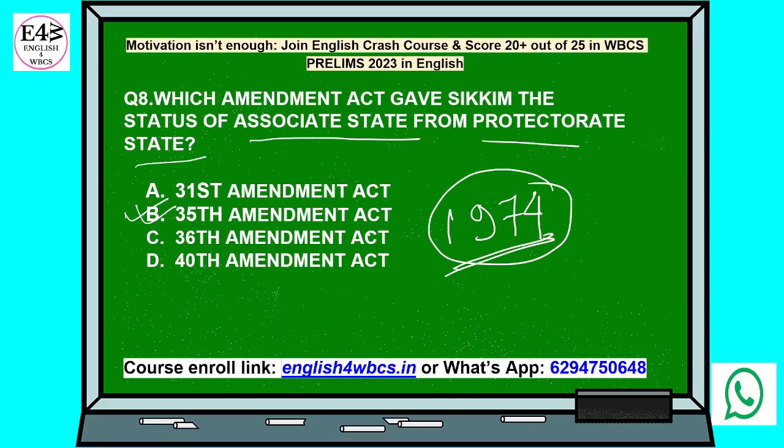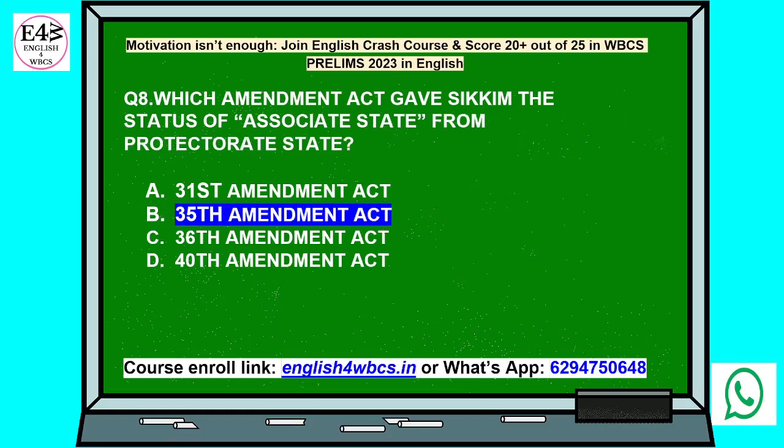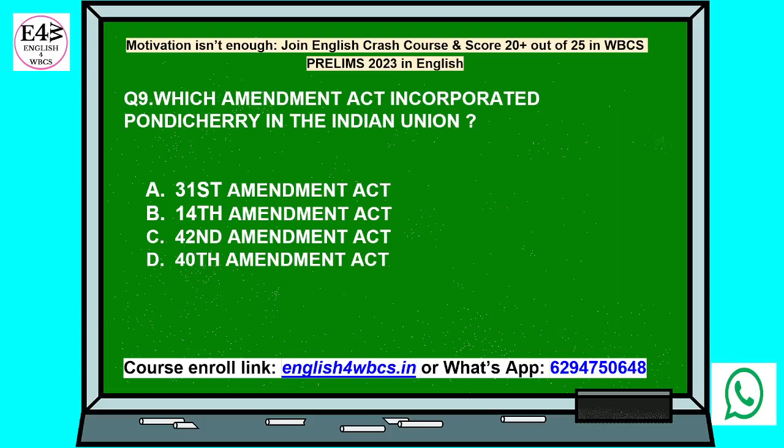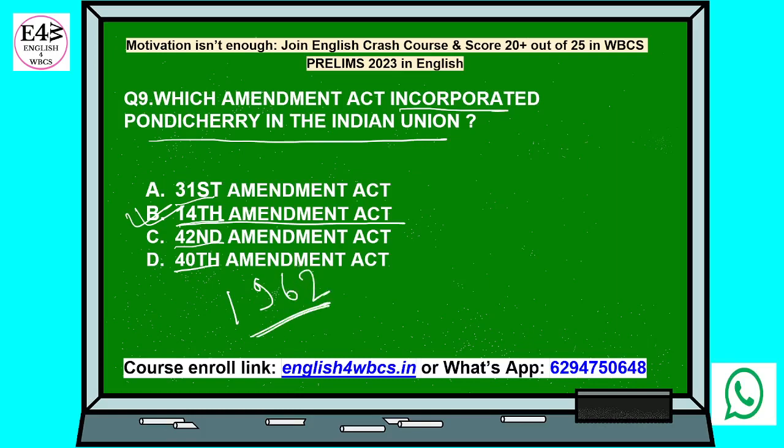Okay, now coming to question number 9. Which amendment act incorporated Pondicherry in the Indian Union? Option A is 31st, option B 14th, option C 42nd, option D is 14th. So the correct option is option B, 14th Amendment Act. 14th Amendment Act incorporated Pondicherry in the Indian Union, and the 14th Amendment Act took place in 1962. Important, remember this. আচ্ছা, 14th Amendment Act আরো একটা জিনিস হয়েছিল,